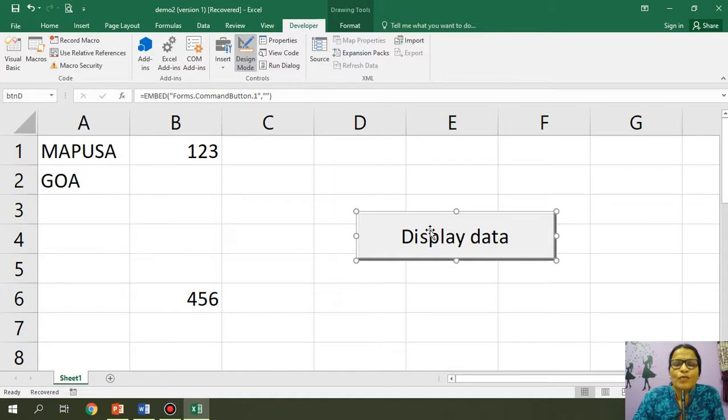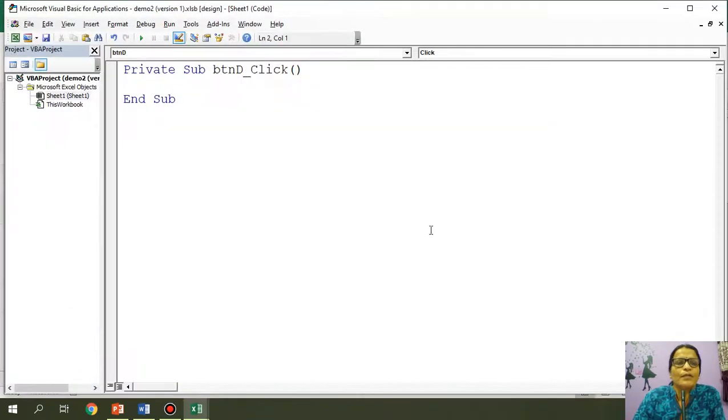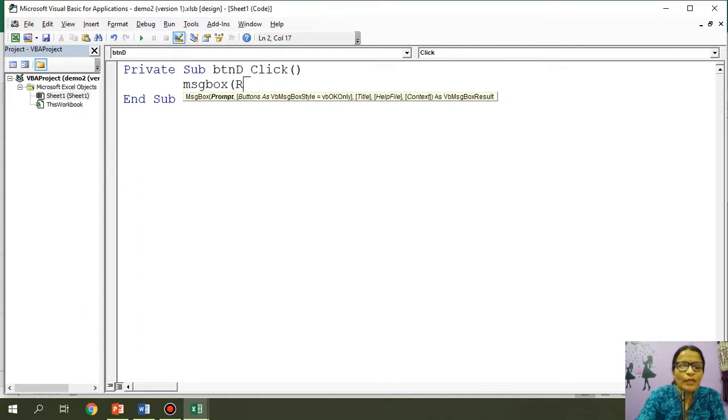Now to write a code we have to just double click the button and you will see that you are in Visual Basic where you can start typing the code. So now you know what is message box. Whatever you enclose in double quotes, it will display that in the message box. Now this time I am not displaying any text, but I want to display what is in A1 cell address.